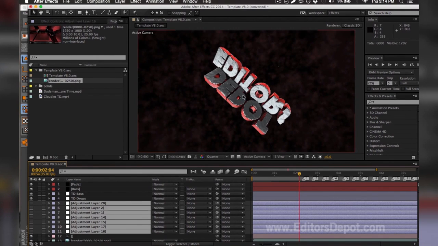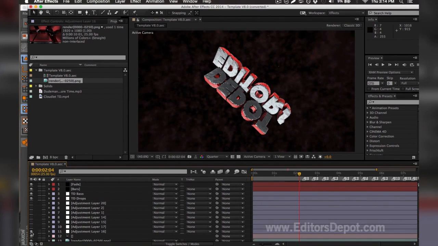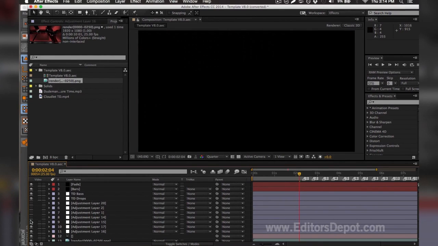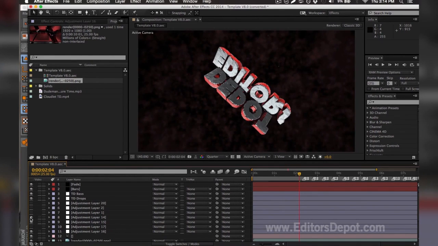As you can see here, one of these adjustment layers messed up the entire render. So I'm going to turn them on one by one. That one's fine, that one's fine. Oh, this one's the problem here. So you make sure you turn them back on